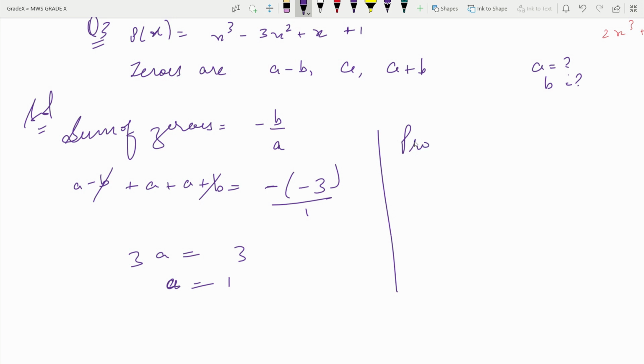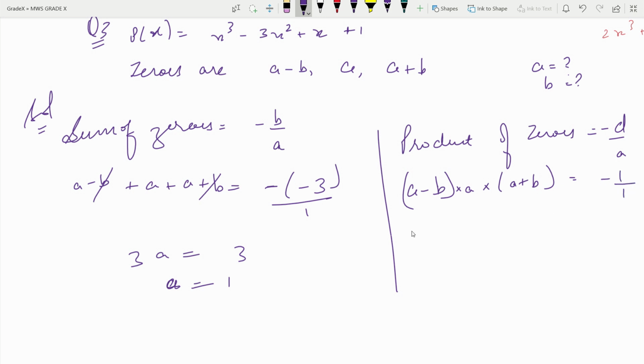Okay, now the second thing that we are taking is product of zeros. See, we have one more, the sum of the product of zeros two at a time, that is of no use here. We will take directly product of zeros, and that is equal to minus d upon a. Product of zeros means the multiplication of all the three, a minus b, a and a plus b, that is equal to minus d, means minus 1 upon 1. Now put the value of a here, 1 minus b into 1 into 1 plus b, because we have taken out the value of a. Now 1 minus b into 1 is 1 minus b